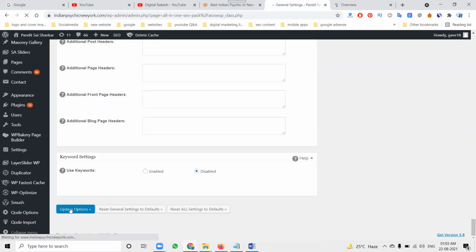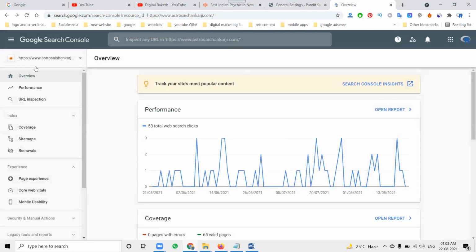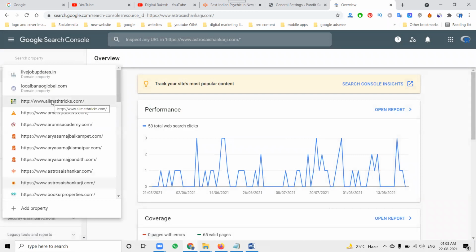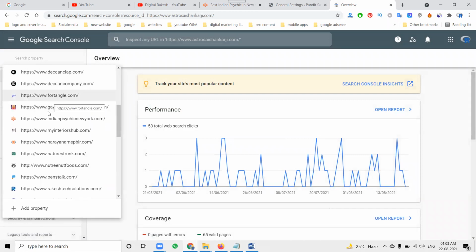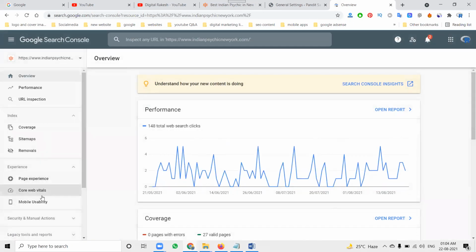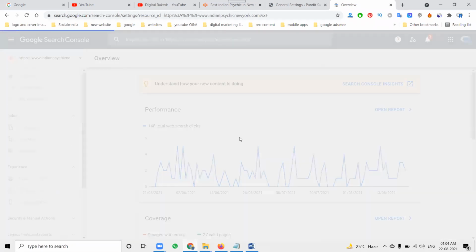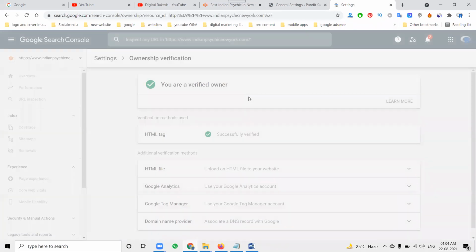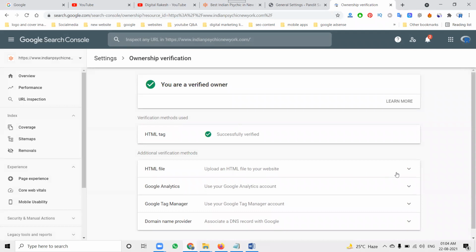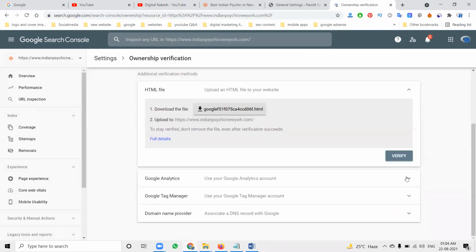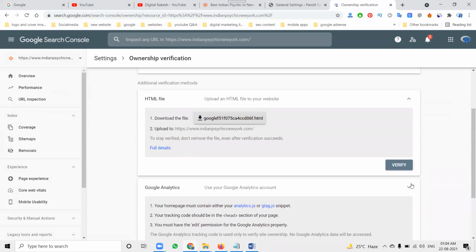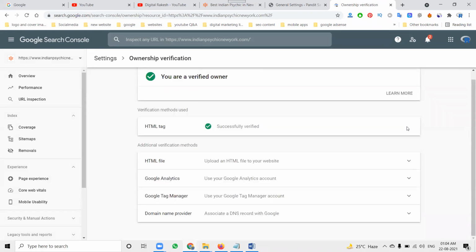We have two options, with the plugin and without the plugin. So how will we activate this one? Where it is Indian Psychic Reader, check with the settings, the ownership here, HTML tag. The remaining options are all there: Google Analytics and Google Tag Manager, everything is there. With Google Tag, we do not need to install each code one by one. Just add the Google Tag code, and it will automatically be activated for the Google Webmaster and Analytics options. So for individual codes, we only need to add one code via the Google Tag Manager.